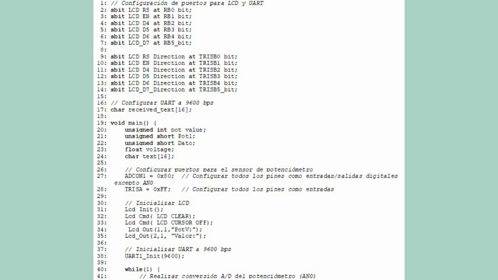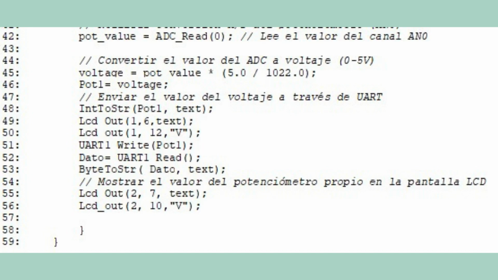0x80 configures all pins as digital except for AN0, which is set up for analog input. 0xFF configures all pins of port A as inputs. Initialize the LCD display and clear the display. Initialize UART communication at a baud rate of 9600 bps. The main loop enters an infinite loop for continuous operation, reads the analog value from the potentiometer using